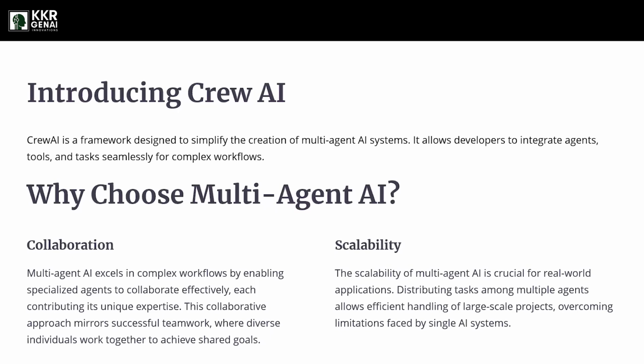When we talk about collaboration, just like humans work together in an environment or in a team, AI agents will work together for us in a collaborative AI environment, which is defined by us. When it comes to scalability in multi-agent AI systems, there is no limit for our agents. As per our requirements, our situations, and our needs, we can increase the AI agents also so that they can work collaboratively to our requirements.